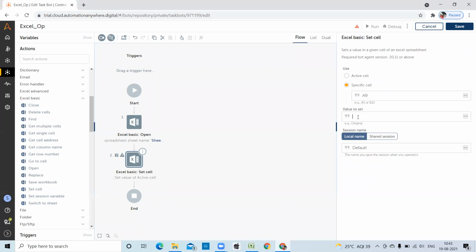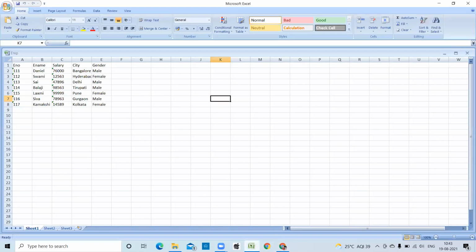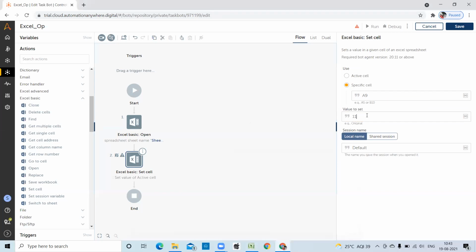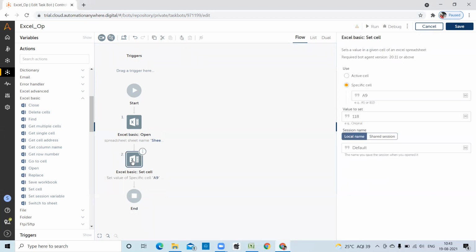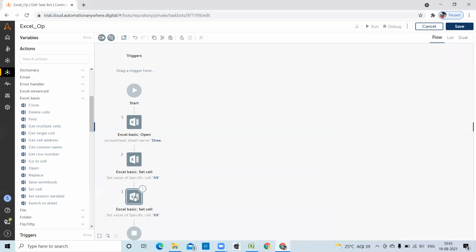A9, value 118. So I'm just copying this one, paste.